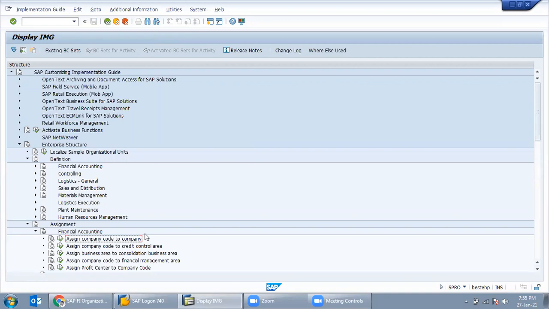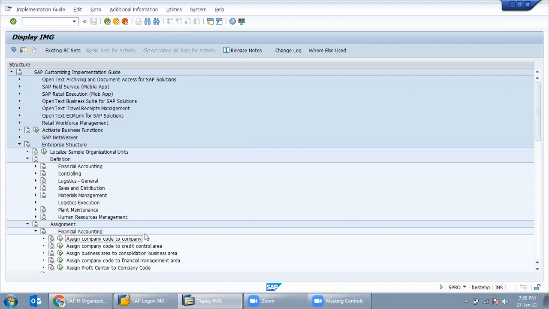This third time when you did the linking, it is because you want to link the company or client you have created with a company code. In order to link both of those, you are creating another code.